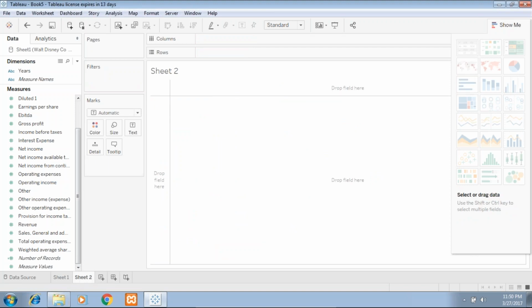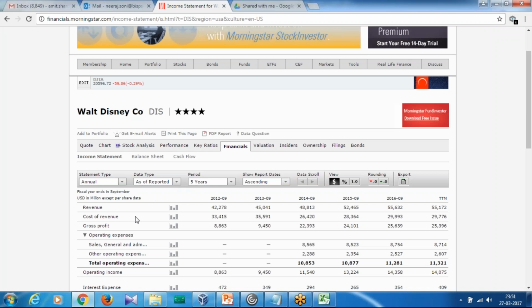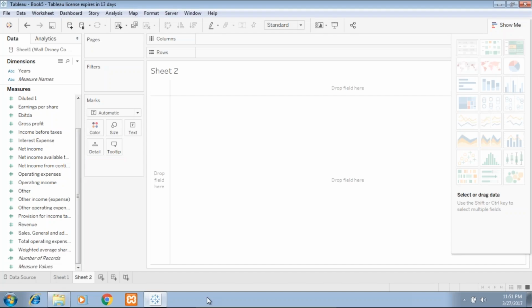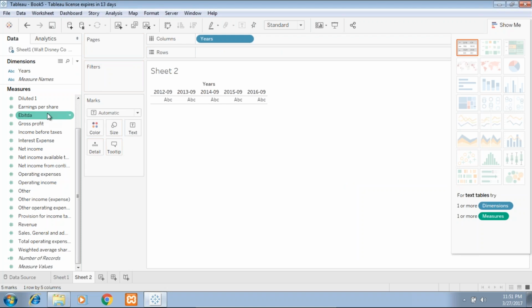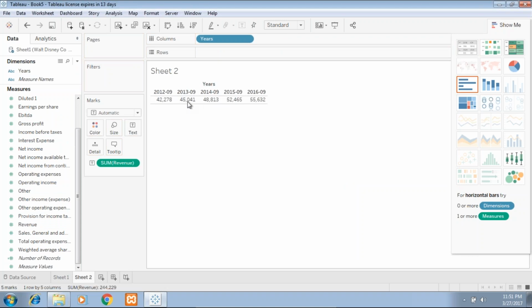I'll take revenue, cost of revenue in terms of number, in terms of percentage, and I'd like to show my user what is my growth factor from year over year. I mean from previous year to current year, did the organization really grow, and to what degree the growth is recorded. So I'd like to use revenue,